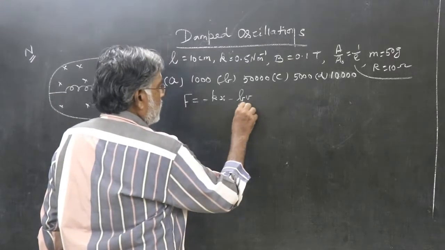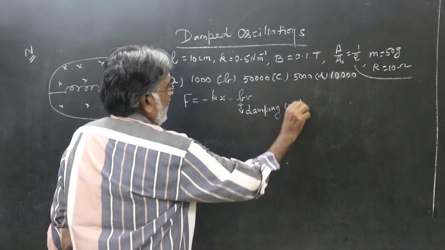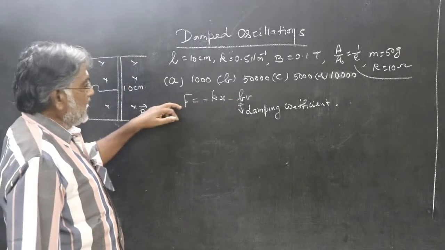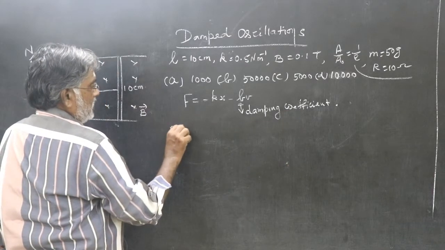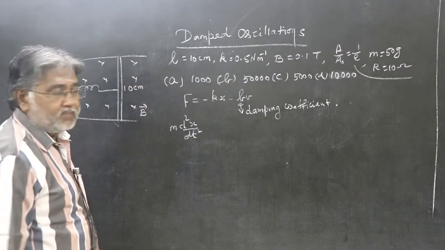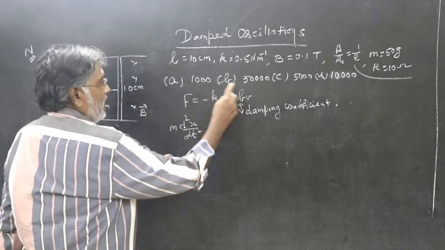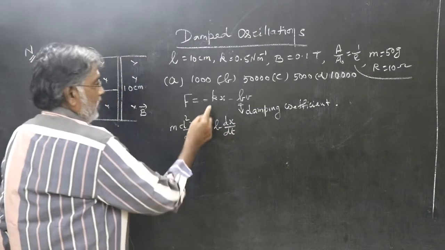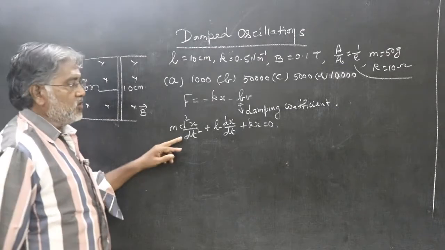Here this b is known as damping coefficient or damping constant. This is the equation which involves damped oscillation. So F is mass into acceleration, m d squared x by dt squared. Bring these two things to the left side. Minus bv will become plus b into dx by dt. Minus kx will become plus kx. This is the differential equation,